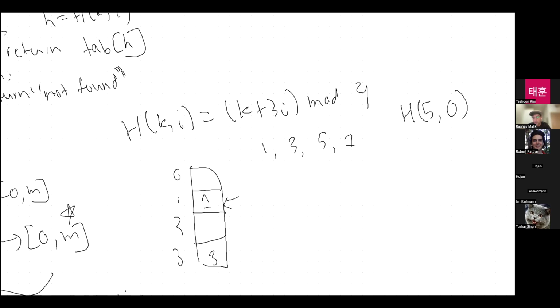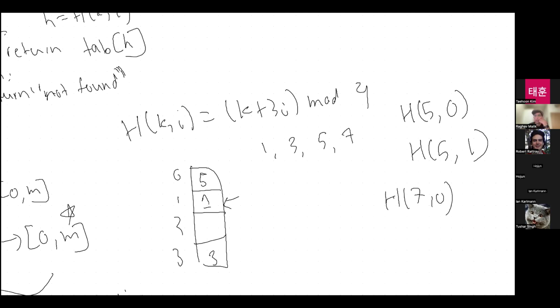That doesn't work. So I increment i, and I instead try to put it in h of 5 comma 1, which is 5 plus 3, which is 8. Mod 4 is 0. So I can put 5 right there, right? Same thing with 7. 7 wants to go into h of 7 comma 0, which is 7 mod 4, which is 3.